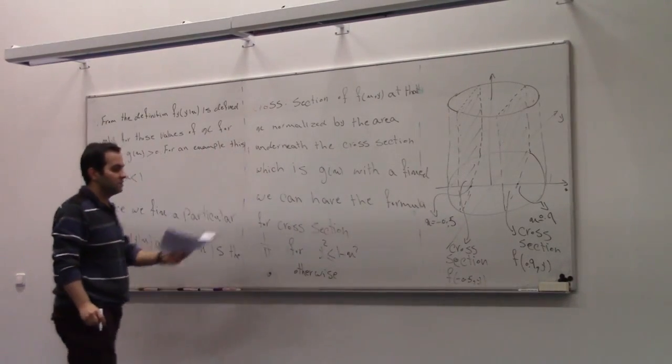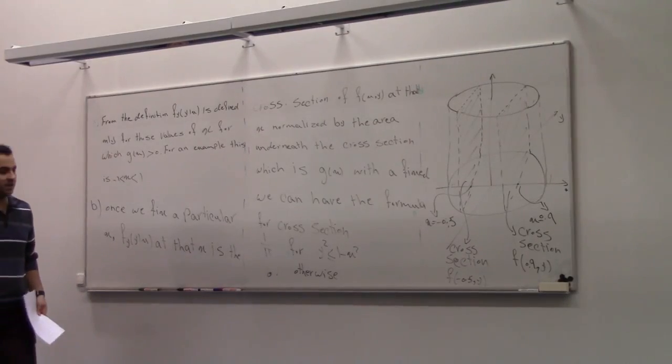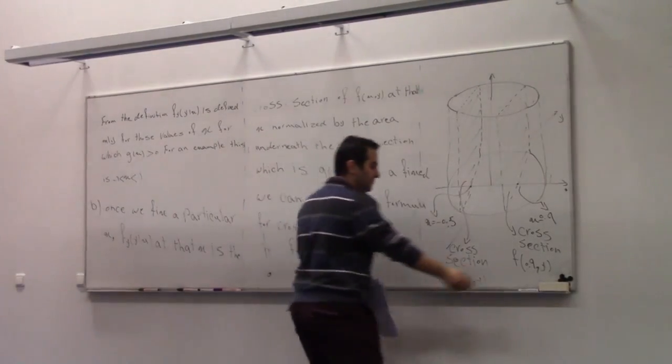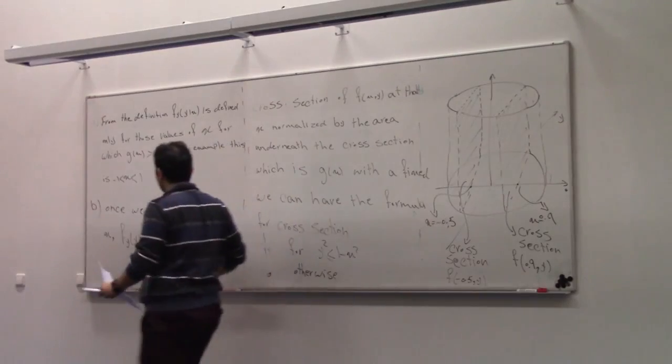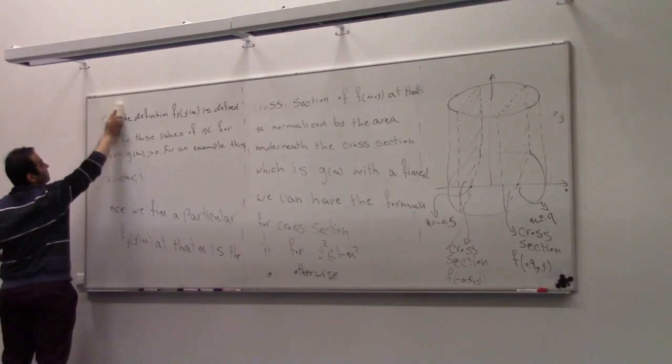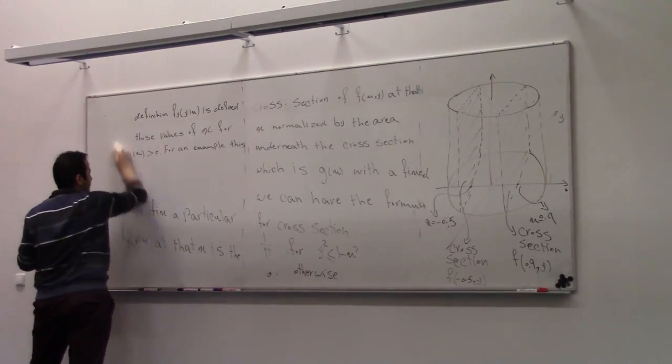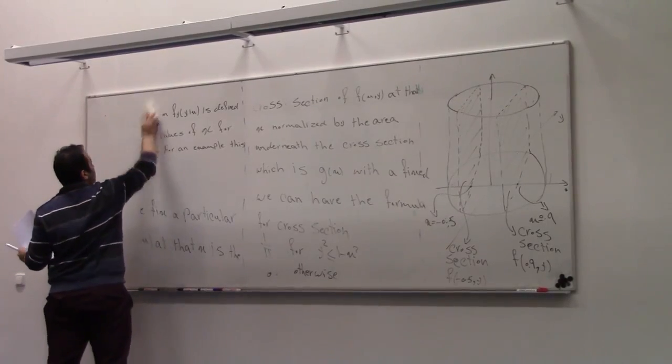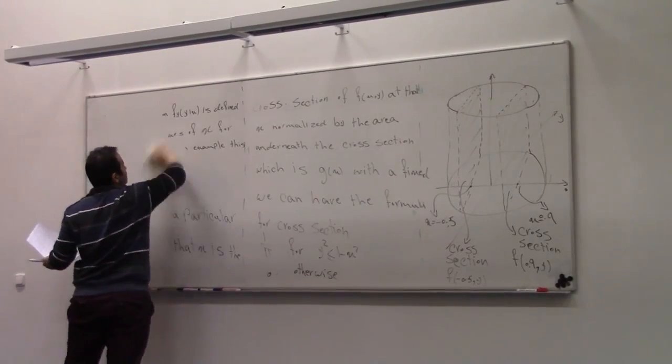Okay, from this shape we have this information. Okay, then to find the conditional density function